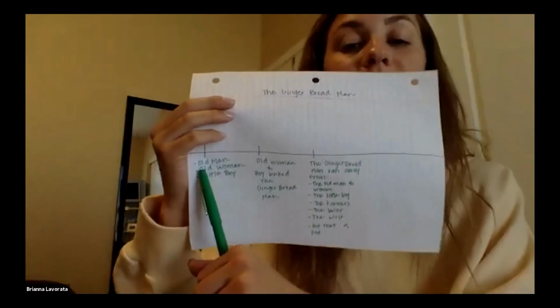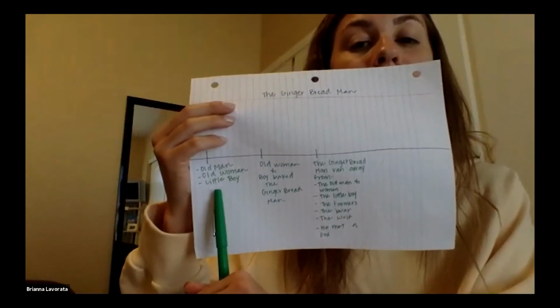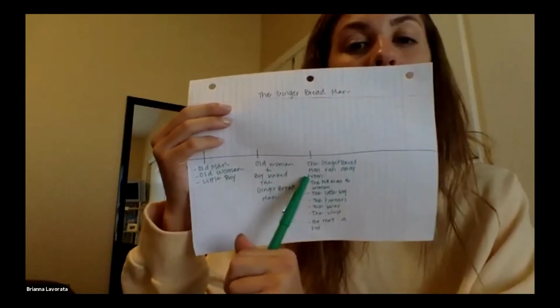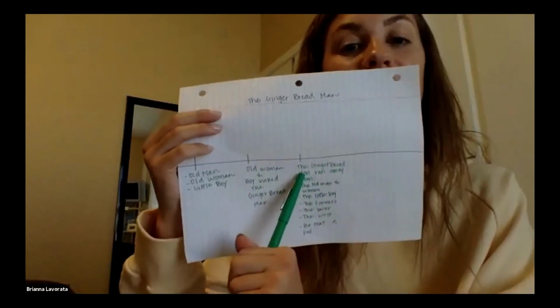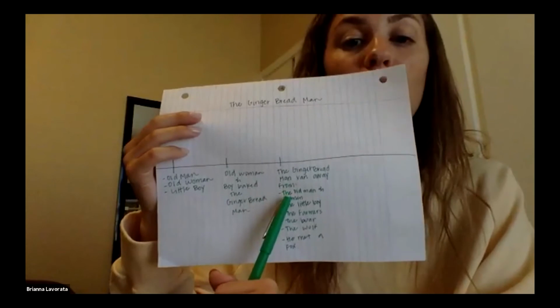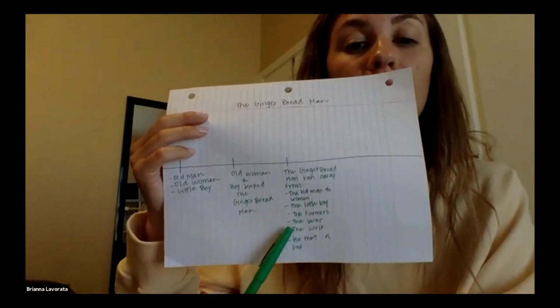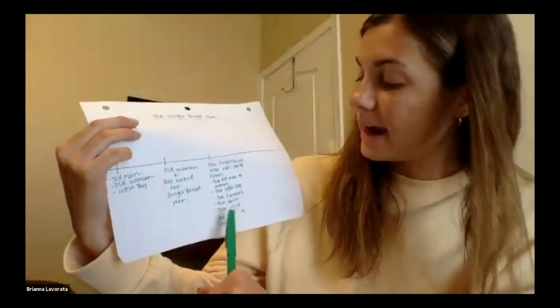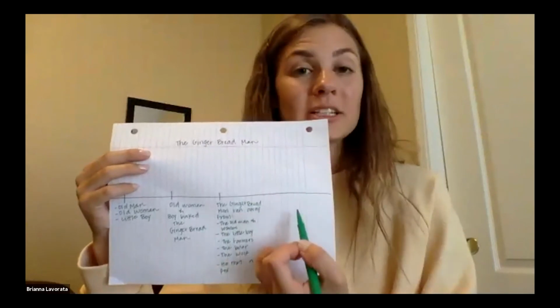And so first he met, and there was an old man, an old woman, and a little boy. Next, the old woman and the boy baked the gingerbread man. Then the gingerbread man ran away from the old man and woman, the farmers, the little boy, the bear, the wolf, and he met a fox. Now we're going to put a tally mark here, and we're going to say last